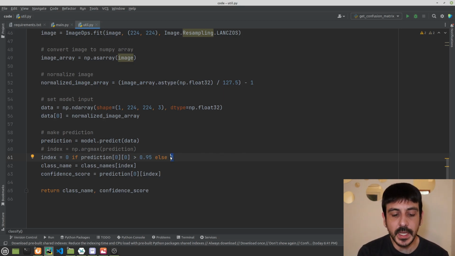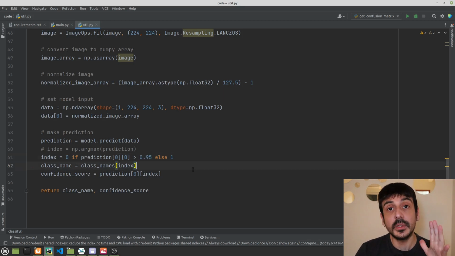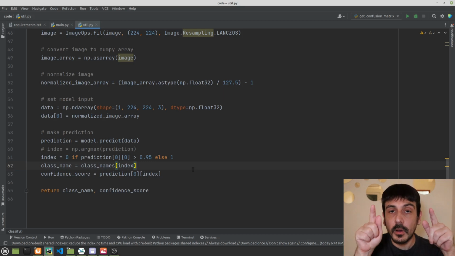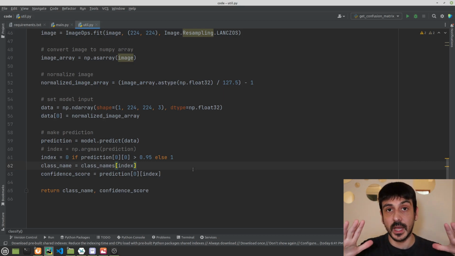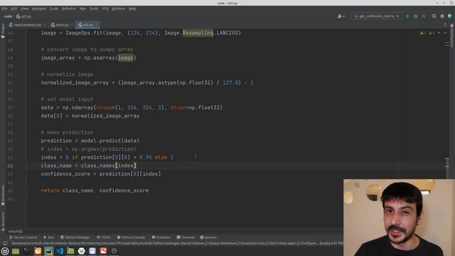And the reason for this is that I have been inspecting many classifications, many predictions, and I noticed that for all of those cases, or for most of those cases for which we are classifying pneumonia, we are getting a super high confidence value. We are classifying pneumonia with a super high confidence. But I noticed that in many of the cases in which we are classifying as pneumonia an image which was labeled as normal, the confidence value of our classifier is not really that high. It's not a super confidence value as it usually happens when we are classifying as pneumonia something that is pneumonia. You see what I mean?